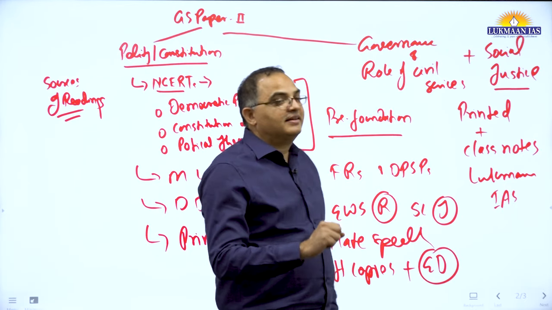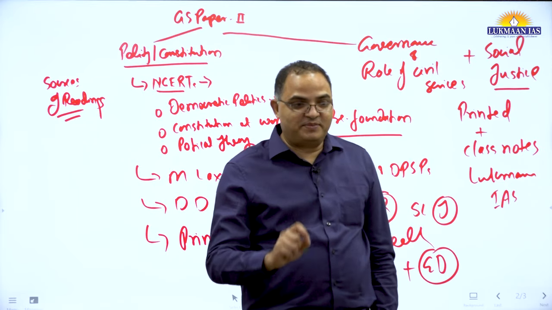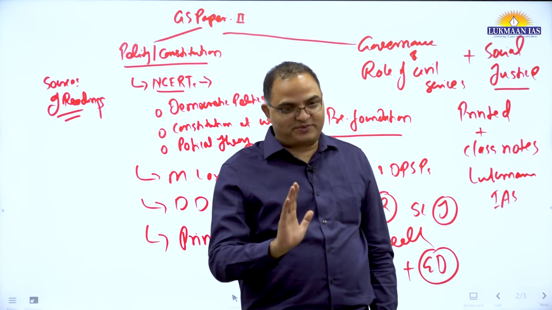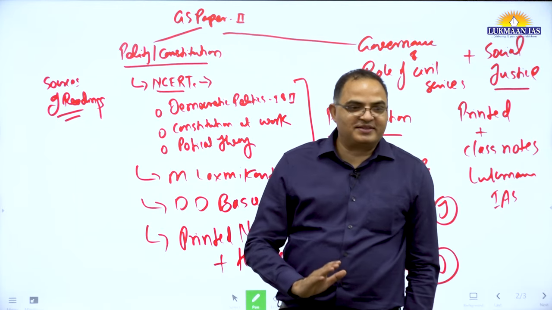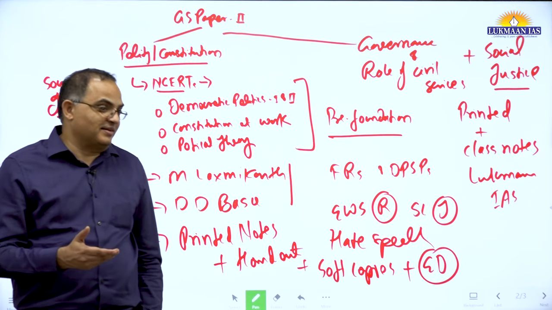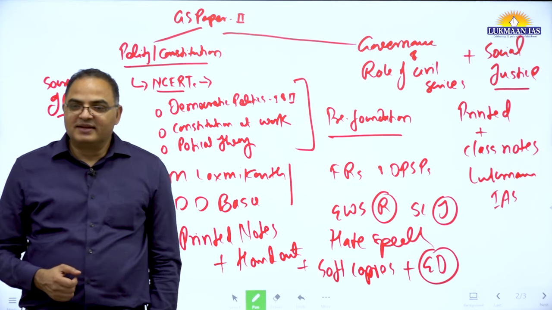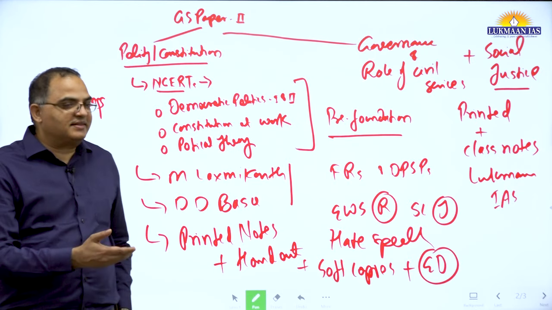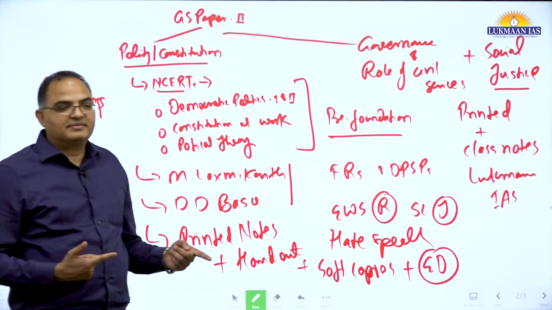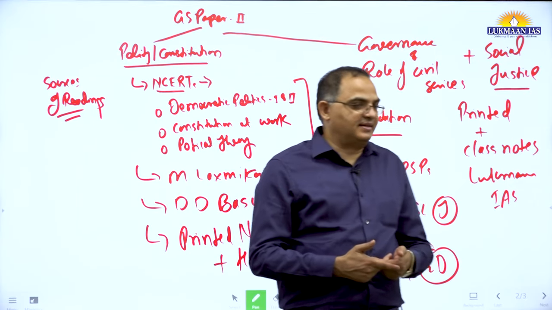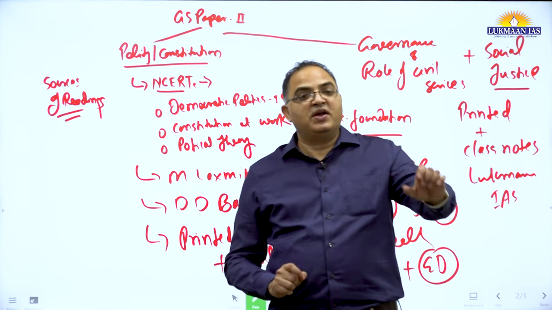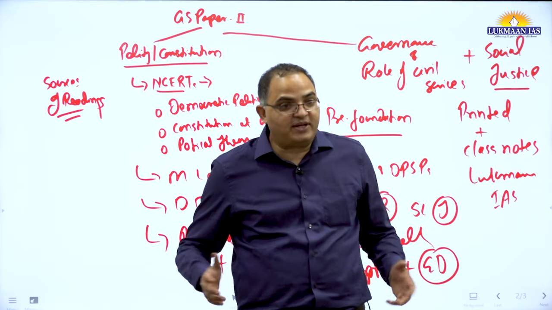That's why you should read Lakshmikant and D.D. Basu at least 4 times. Minimum 4 times. Once, twice, you will not understand anything, and if you do, you will understand only a little. You will know less. So when a question is asked, you will find that you have not read it at all. So you will again go and read. The first and second readings don't give you in-depth understanding. The same book you read the 3rd time, 4th time, you will find, oh, this is also written here. Why did I miss it in the first reading?